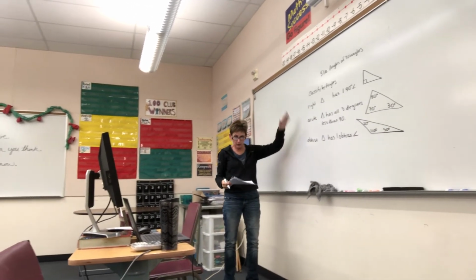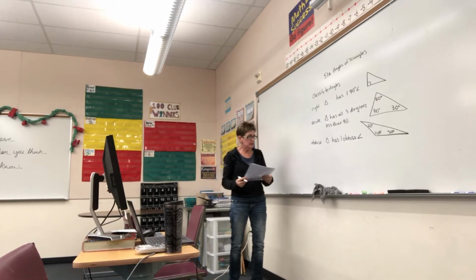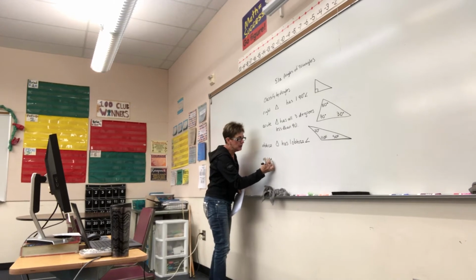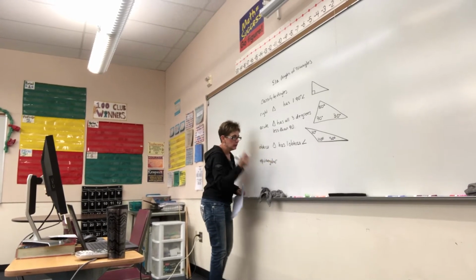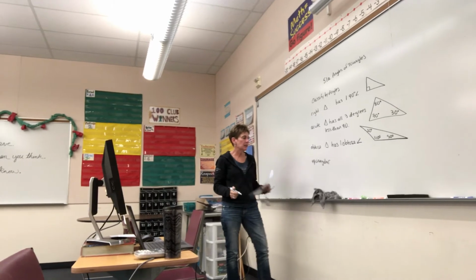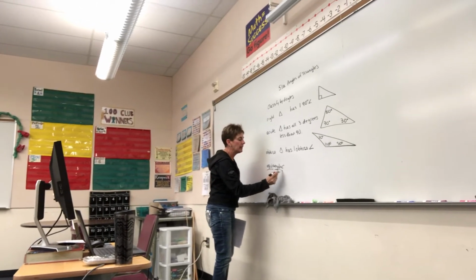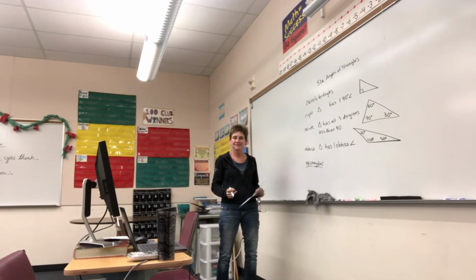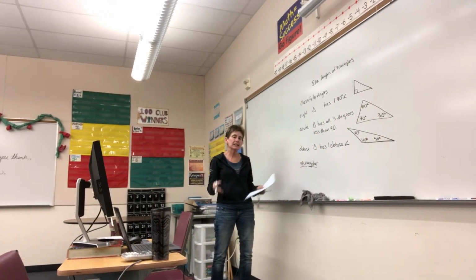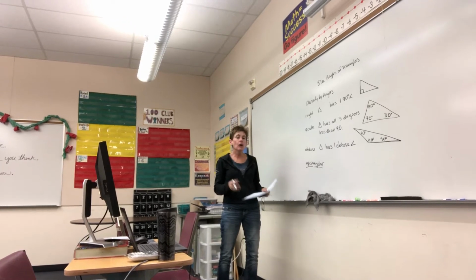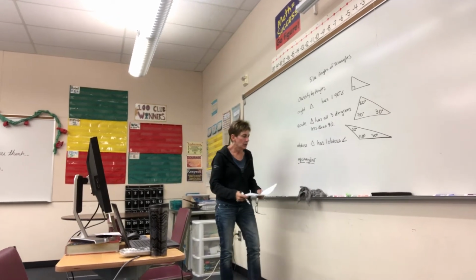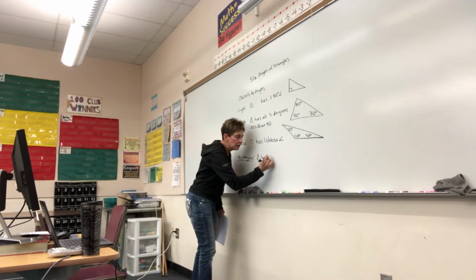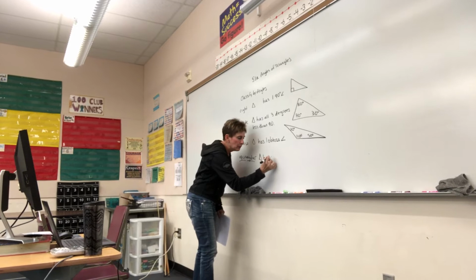Now, most of the time we're going to use one of those 3 words, but sometimes we call a triangle equiangular. So can you guess what equi means and what angular means, and then guess what equiangular means? Equiangular means equal angles, or all 3 angles are the same. So an equiangular triangle is a triangle that has 3